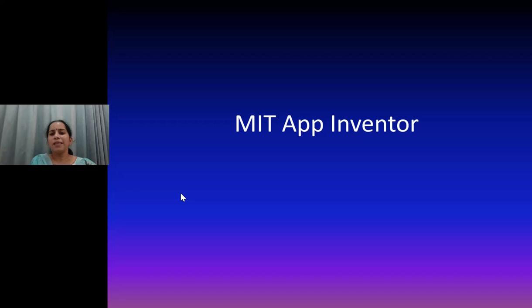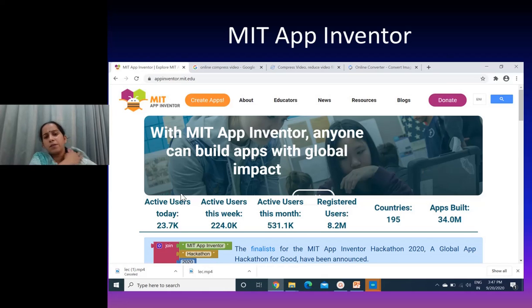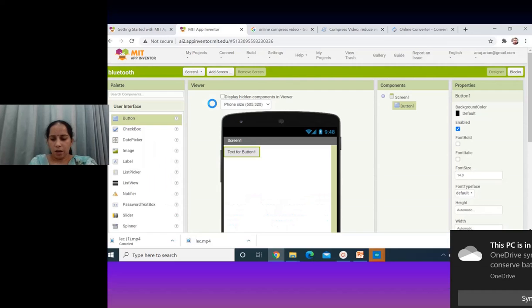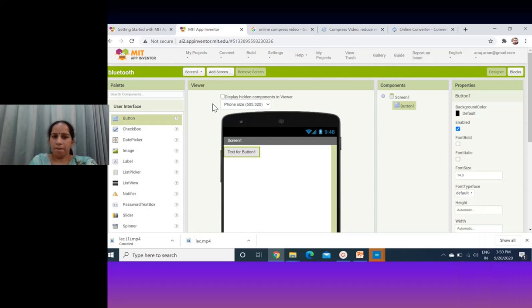What is MIT App Inventor? It is a provision given by MIT that lets you build simple apps without using complex coding. You just have to drag and drop the components you want, and you can execute that. This is the home page of App Inventor, and from Create Apps, after logging in using any of your Gmail accounts, this screen will come.